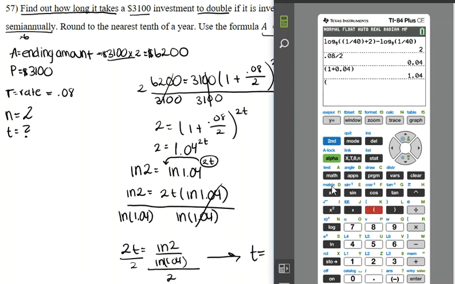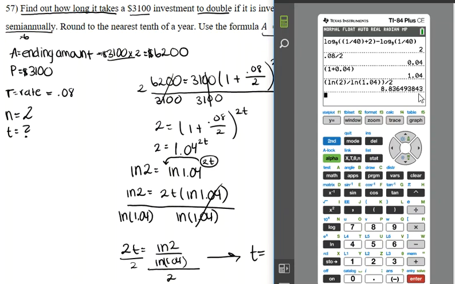We're going to have the natural logarithm ln of 2. Oops, let me rewrite that. There you go. Divided by the natural logarithm ln of 1.04. Close that parenthesis and close that numerator parenthesis set. And that is all going to be divided by 2. And that's going to get us